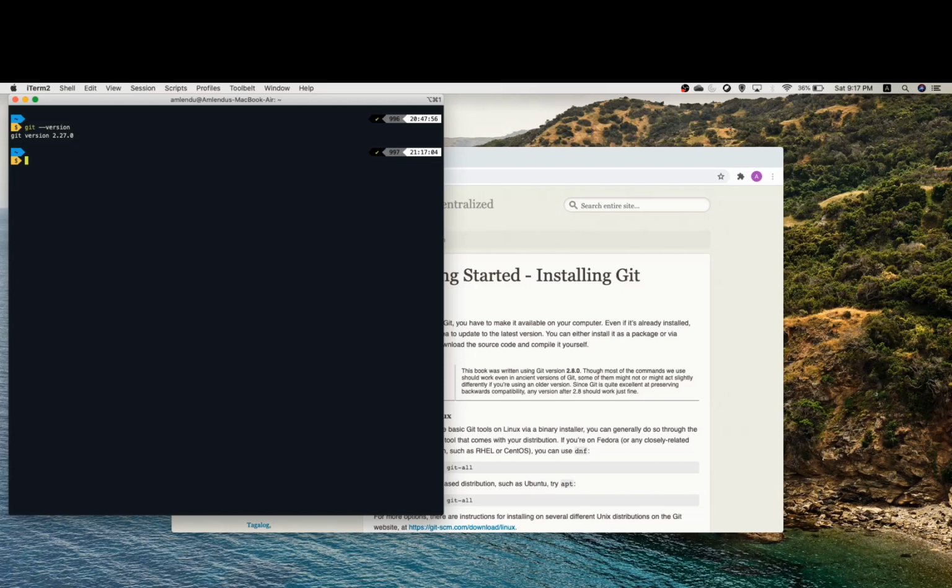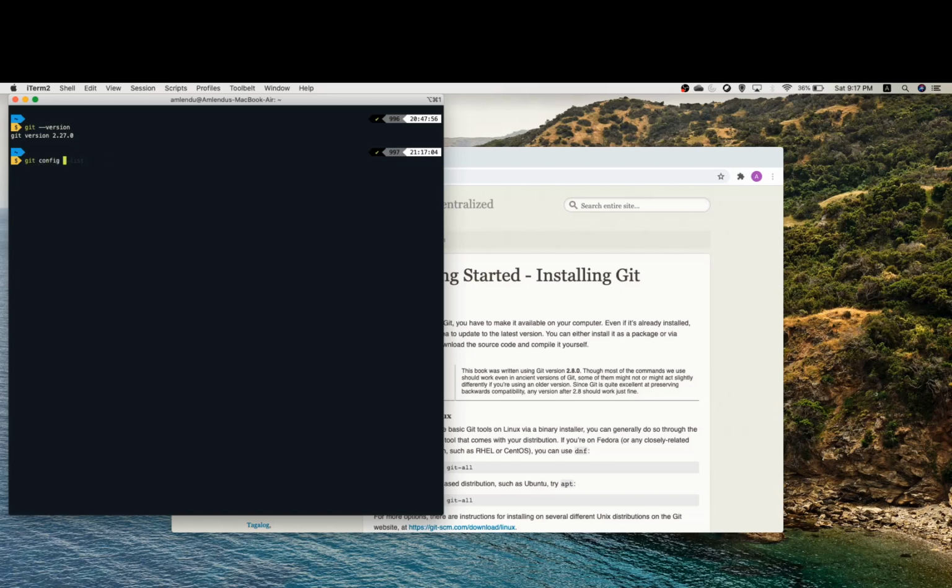Post your Git installation, the first thing that you have to do is identify yourself with Git. There is a git command so that you can configure the user who is going to use the Git commands. The first command would be git config.